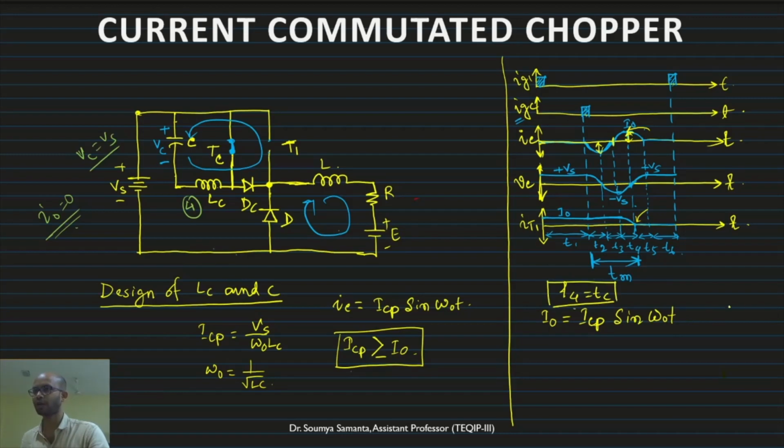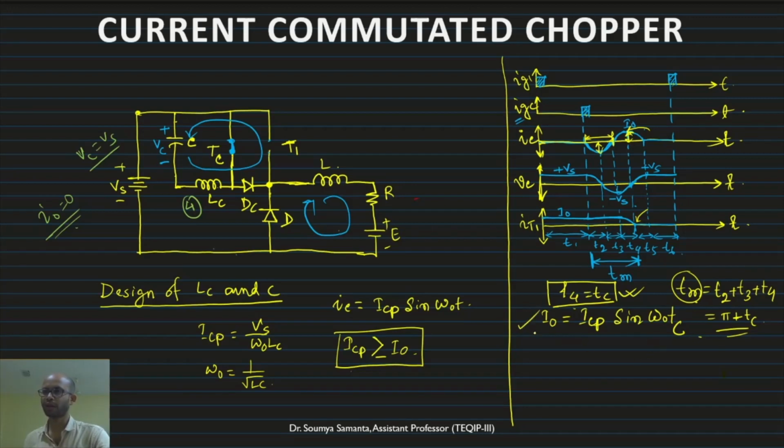This is the commutation time of the thyristor, Tc, and Tm, what is that? Tm equals T2 plus T3 plus T4. Tm is the total commutation time for the total circuit. What is T2 plus T3? This time is basically pi, this distance. This is pi and this is Tc. So basically this can be written as pi plus Tc, if I take T4 equals Tc. So pi plus Tc is the Tm, the total commutation time of the circuit.